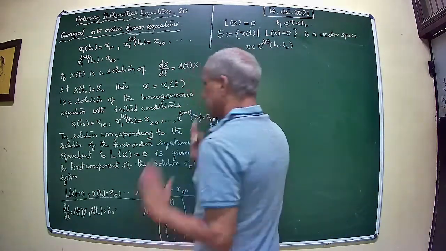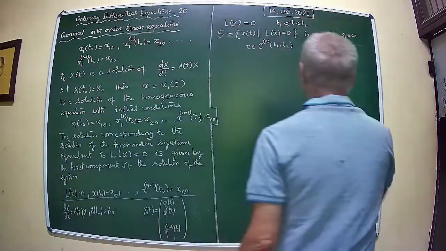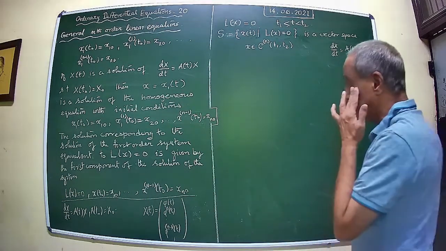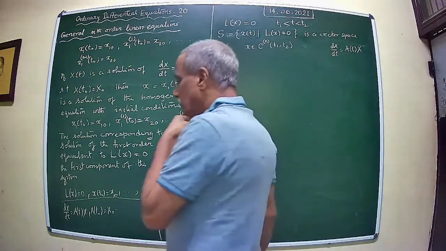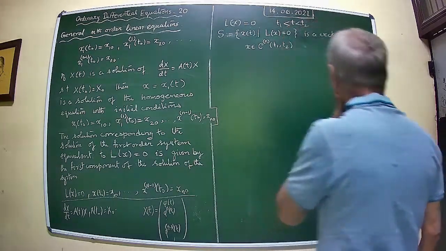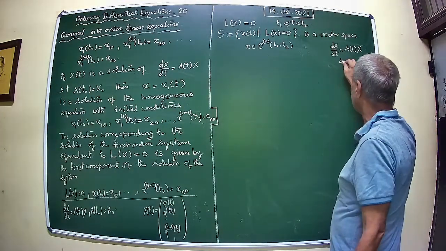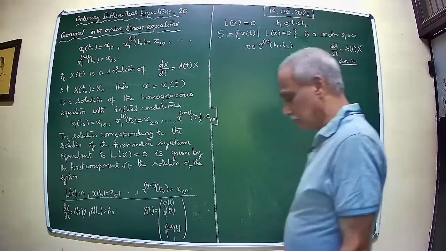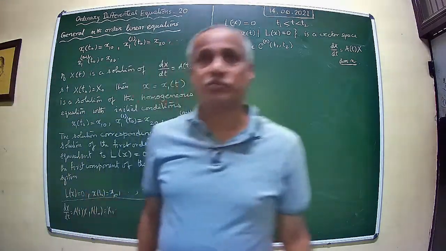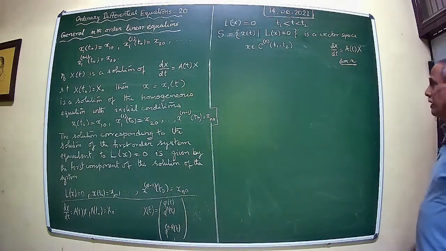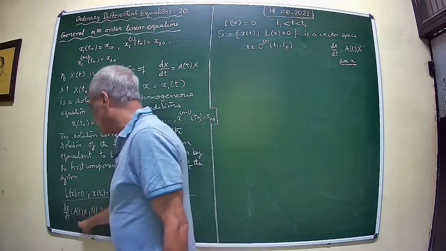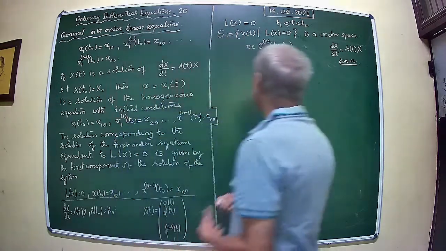Now, what is the corresponding vector space that you have? You have the corresponding equation dx by dt equal to A(t)x. You have seen that this homogeneous system has a vector space of solutions which we know a lot about. In fact, we know much more about it. What we know is that this is a vector space of dimension n. Okay, that means you have a fundamental system of solutions of the system, which turns out to be a basis for the solutions of this. Now, the correspondence of a solution of Lx equal to 0 and to that of the linear system and vice versa just tells you that